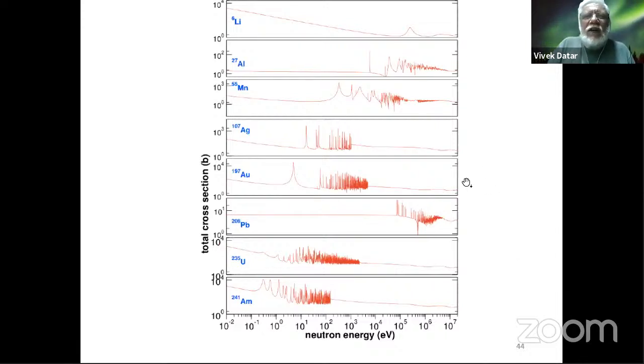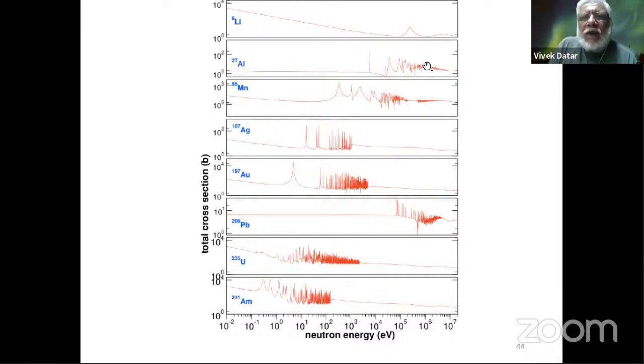Okay, so this is a figure which shows the total cross section, in this case, as a function of neutron energy. As I said, in one go this can do it for a variety of targets. So you can change these targets, and these cross sections can be measured. Now you can see that for the light nuclei, you have very sharp peaks appearing at certain energies. These are these Breit-Wigner resonances,